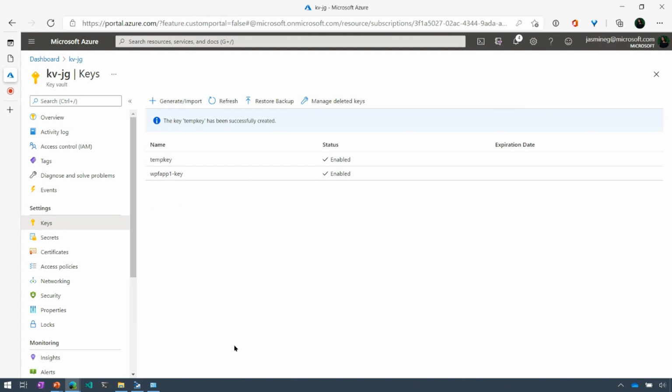One other thing is that you can have a history of your keys or certificates. So if things change over time, you can go ahead and change it, and if for whatever reason you need a previous version, you can access it. You can also manage any deleted keys. And you can also set this up with Azure Active Directory to really fine tune who can access those